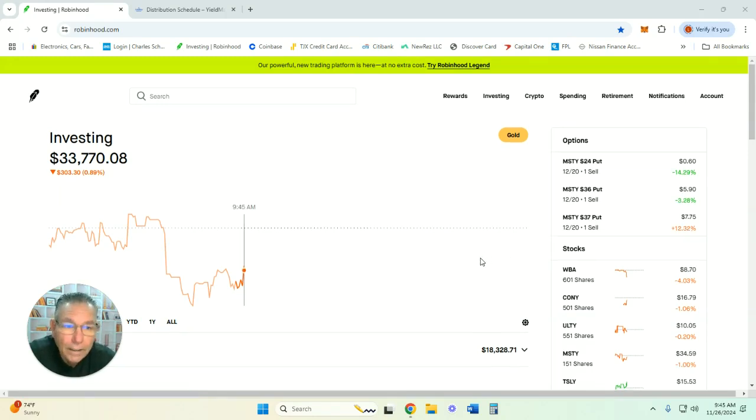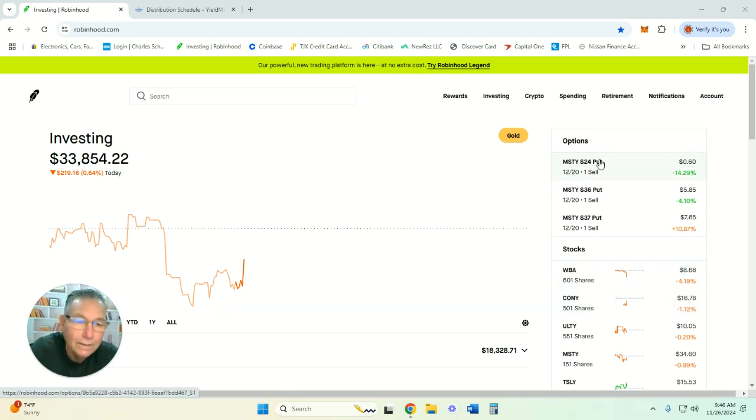Today I'm excited because I'm working on a new strategy. I'm going to call it the anchor system, okay? That's what I'm going to call this new strategy, the anchor system. And it's going to be all about these options that I have open, these calls and these puts. Right now I only have puts here, but I'm going to be working with calls and puts.